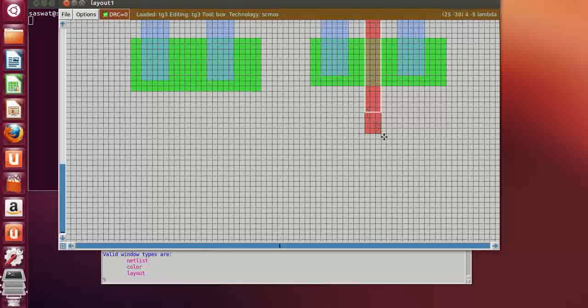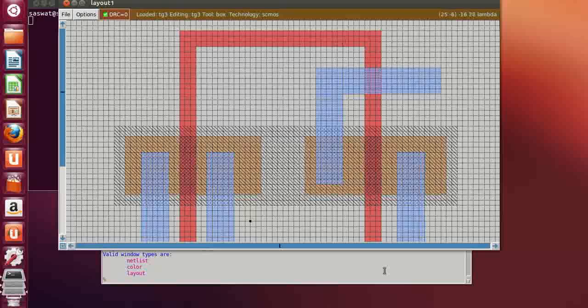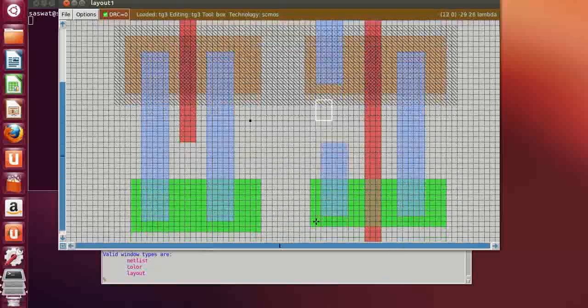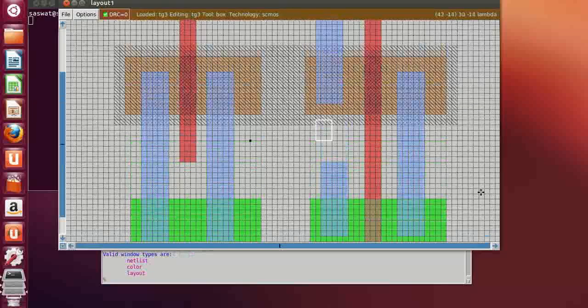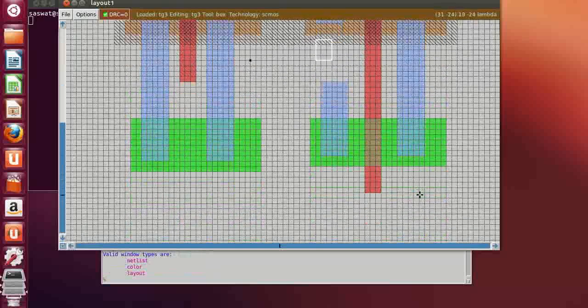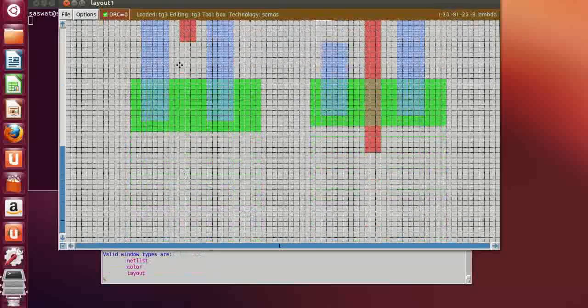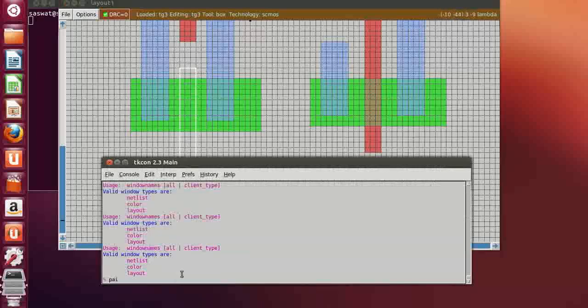Okay, now these are my gates, the connection between the gates, because we know that the poly contacts are used to connect the gates of the NMOS and PMOS. Now after this, we need a poly over here. Type paint poly,